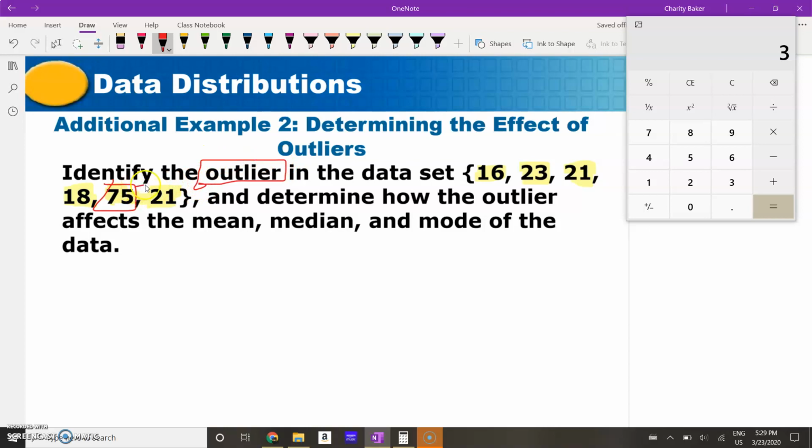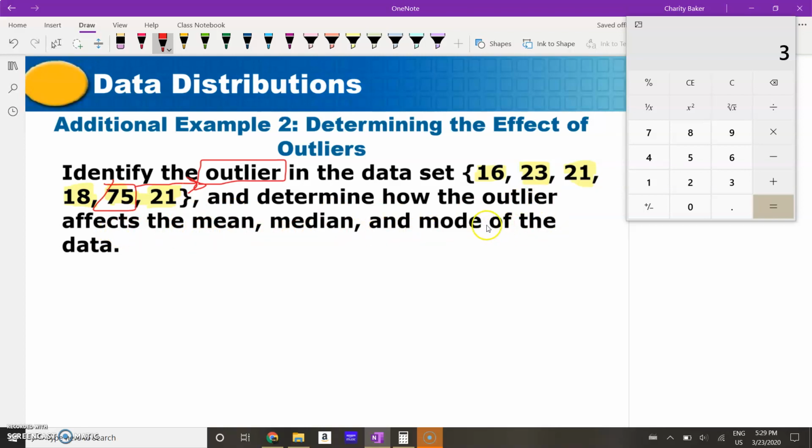Okay, so 75 is the outlier. It is very, very far away from all of the other numbers. The other numbers are all pretty small. 75 is 4 times as big as some of the other numbers. Okay, so now that we've identified it, let's determine how the outlier affects the mean, the median, and the mode